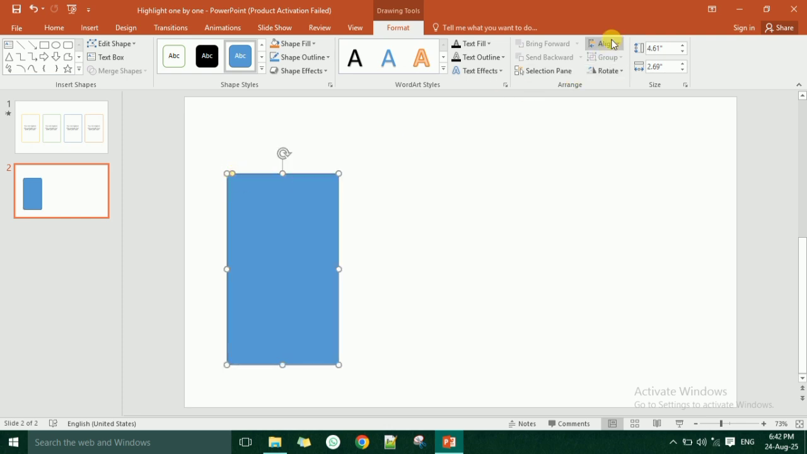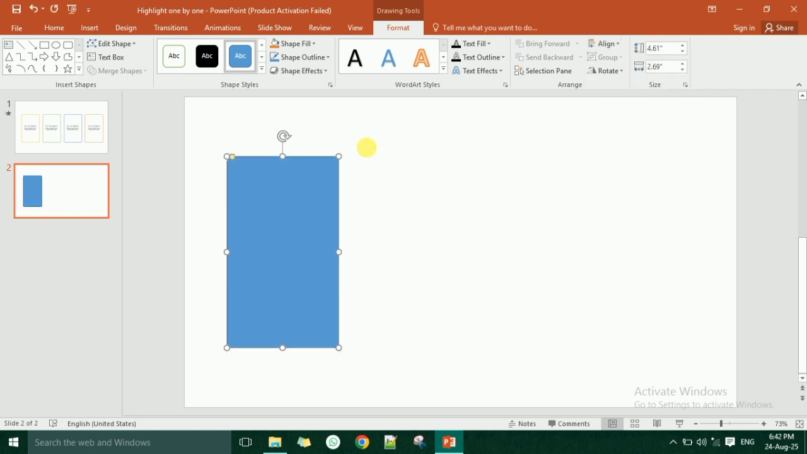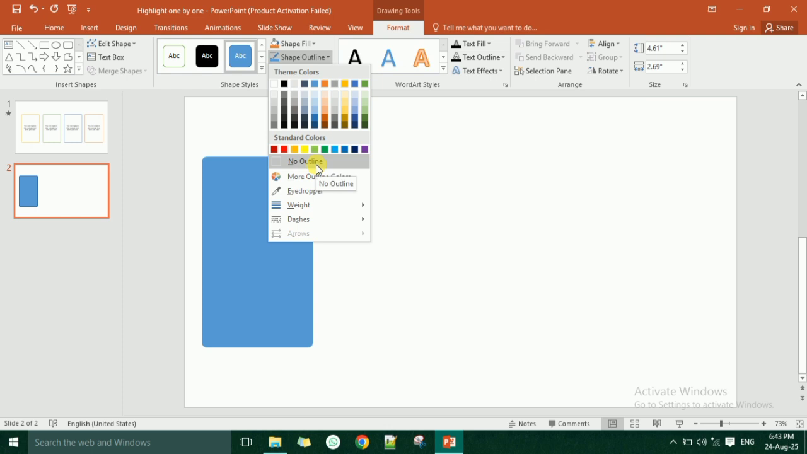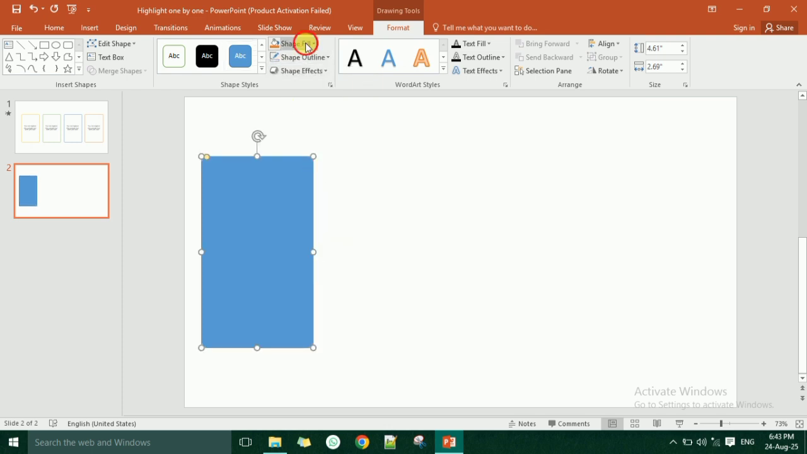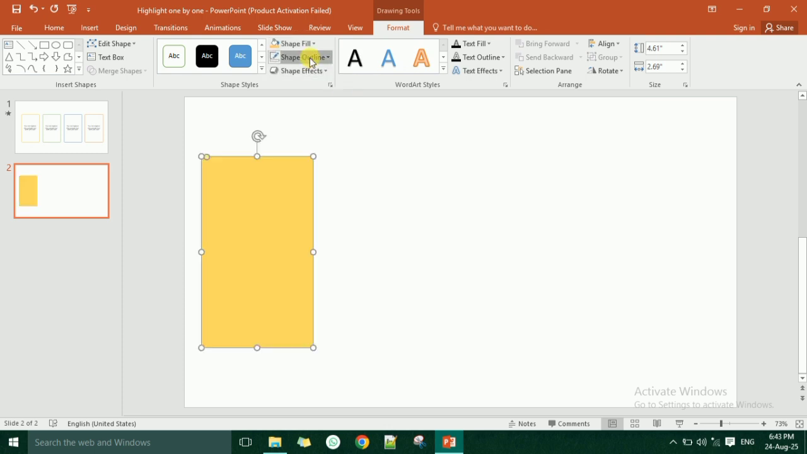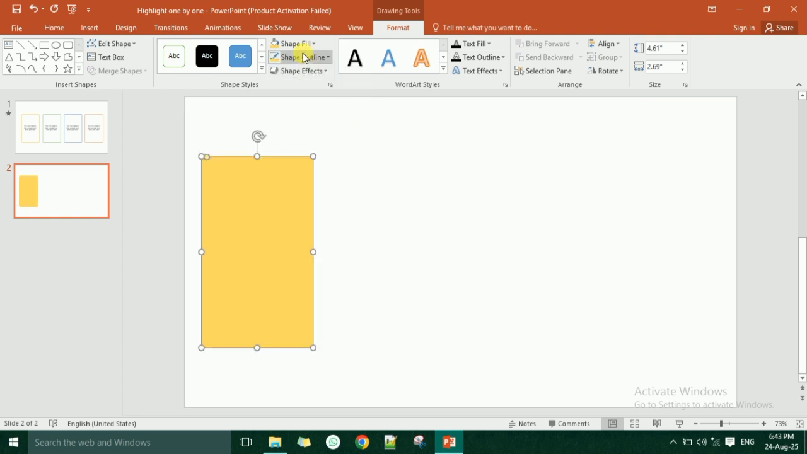After that you can click on Align and click on Align Middle so that it is in the middle of the slide, and I'll bring it somewhat to the left. After that I will remove its outline by clicking on No Outline, and then you can choose any color from here. Let's say I choose this one. So actually we have to choose the outline color, this one, and set shape fill to No Fill,